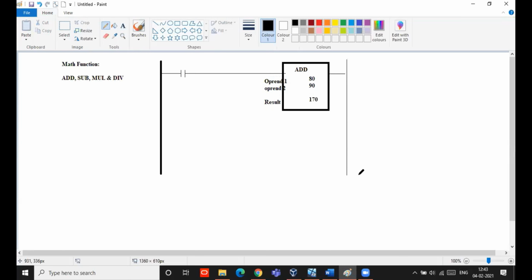Like this only it will be functioning. You have to give one input and connect it to the different corresponding blocks: addition, subtraction, multiplication, division, like that.